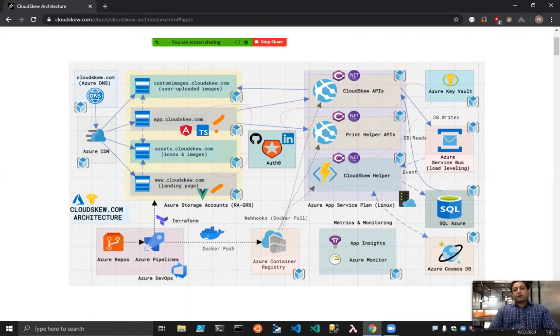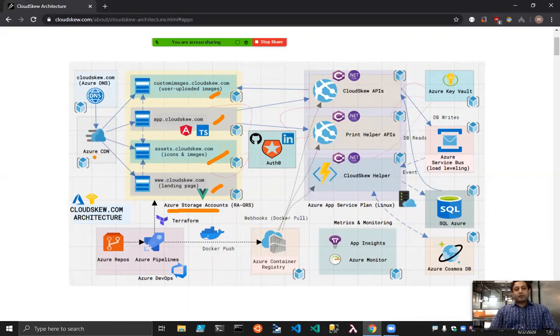Now, both of those are served out of Azure storage accounts. We've enabled static site hosting on those storage accounts, and that's how we serve them out. In addition, we have two more provisioned storage accounts. So one is for serving out all the icons and images. We have a separate storage account for that. And then we have another storage account for user uploaded images. Like if you have any custom icons that you upload, those are persisted here. So essentially all the front end related resources are served out of storage accounts.